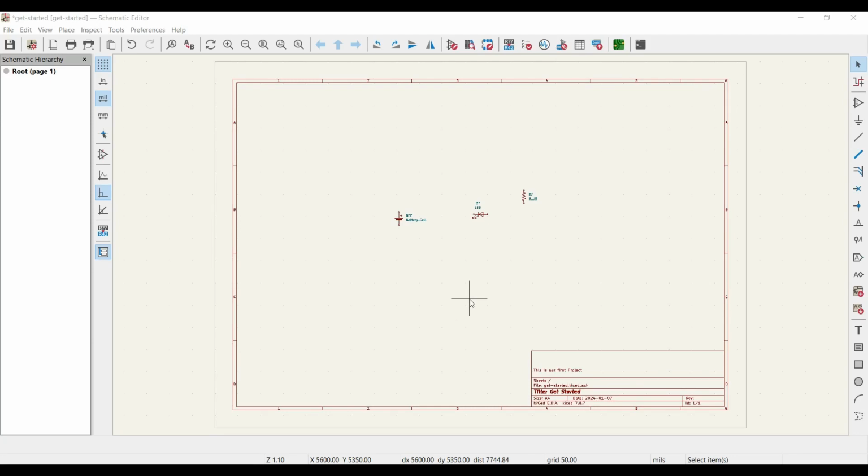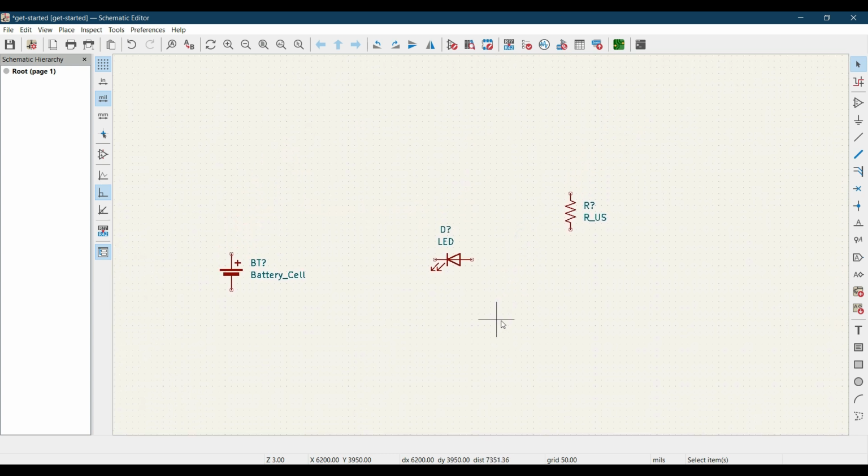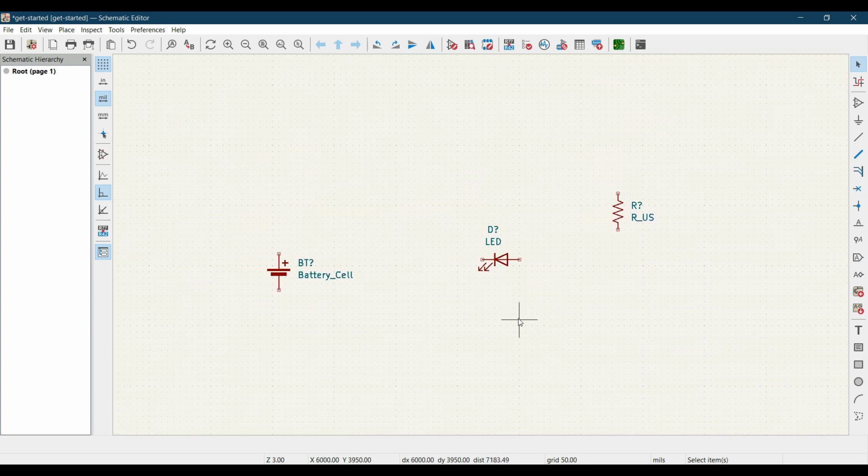Now let's arrange our components in our schematic. Let me zoom in a little bit so that we can easily see our components. These are the three symbols we have added: the battery cell, LED and our resistor. So let's arrange it. You can select a symbol in the schematic sheet by just clicking on it and the